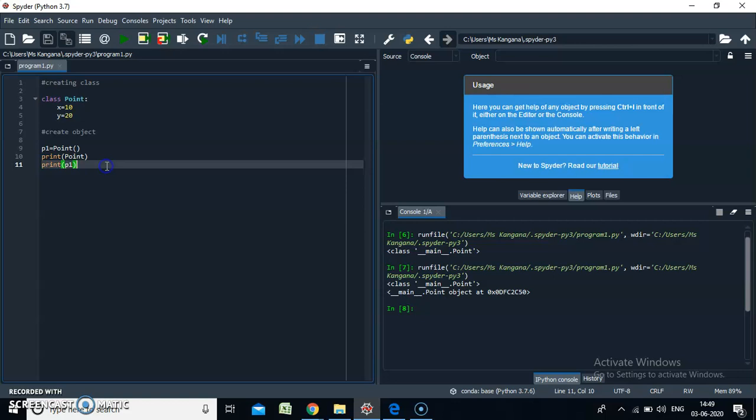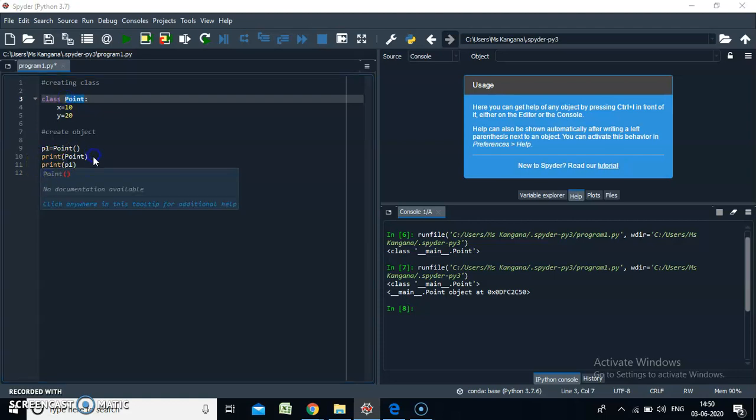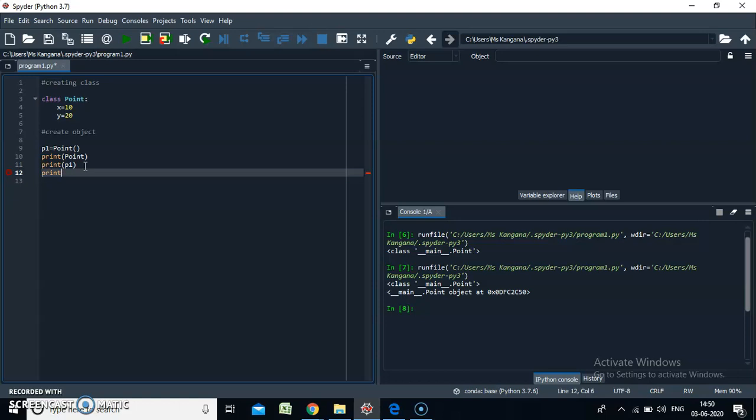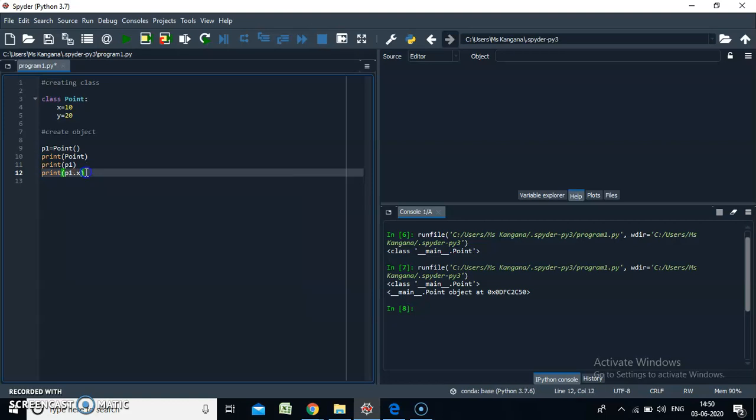Okay. Now to access the attributes of the class, we have to use the dot operator with these objects. So if I want to access this x and y of the Point class, then I have to use a dot operator. To display, I'll take the print function, that is print of. Now I can access those attributes by using your object. So the object name is p1 with a dot operator, and x as your attribute. The same thing I'll do for y, that is print of p1 dot y.